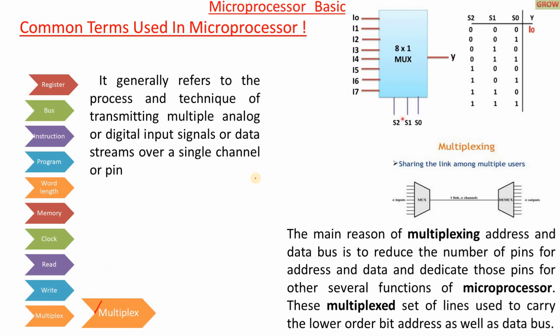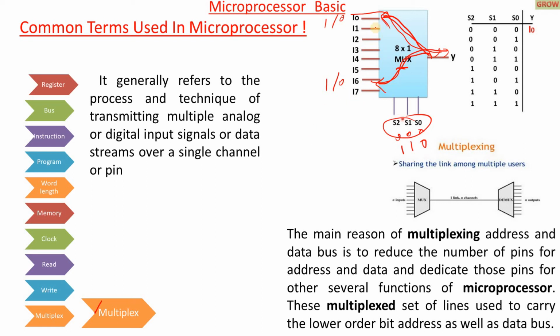Multiplexing is nothing but combining a number of inputs into a single channel. So here is a general multiplexer. With the help of the selector lines, the output point is connected to the available inputs. That means if it carries 0, 0, 0, the output switch is connected to the initial one. Whatever the value, either logic 0 or logic 1, this value is transferred to the output line. If it carries 1, 1, 0, that means it is equal to 6, so I6 is connected like this, and whatever the value, logic 0 or logic 1, is transferred to the output. This is the multiplexer operation.